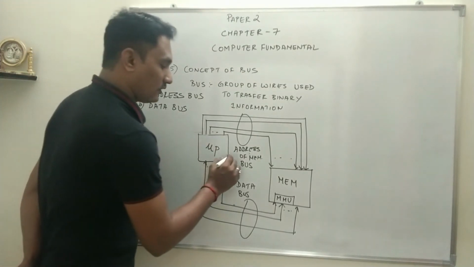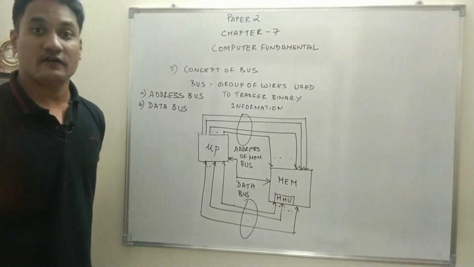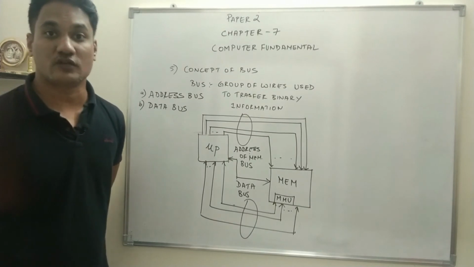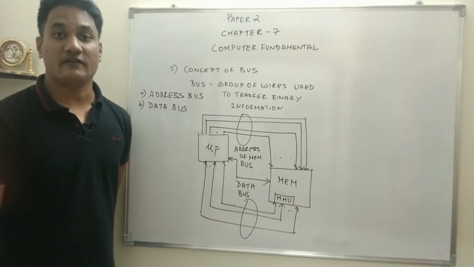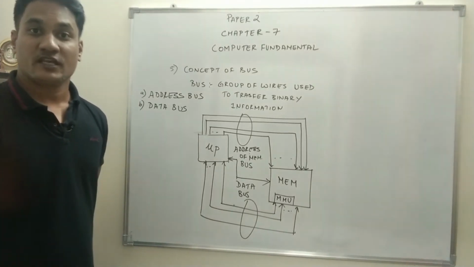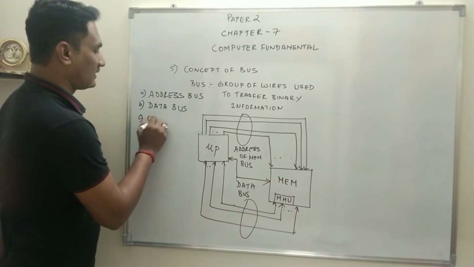And of course all this information will be transferred under the control of control unit. So control unit will generate a signal for all the peripherals to tell what function it has to perform and when it has to perform. So the group of wires used to transfer these control signals is called as control